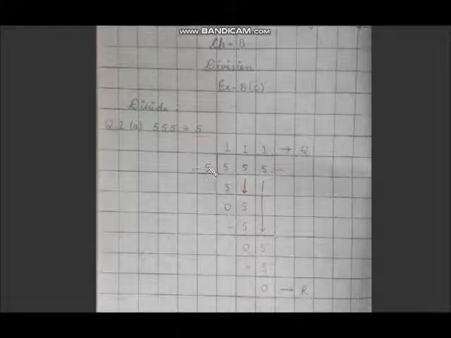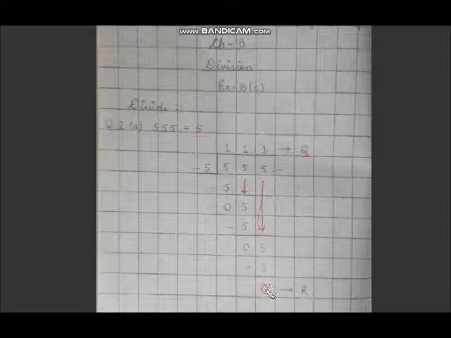Then we will write the next 5, that is here 5. So 5 की table में 5 1 time आता है. So 5 into 1 is 5. Again we will subtract. We are getting 0. Then at last we will note this last 5. So in the table of 5, 5 comes 1 time. So 5 into 1 is 5. All the 1s will be written in the quotient part. And the remainder is 0 here. You can check your answer too by the method dividend is equal to divisor into quotient.